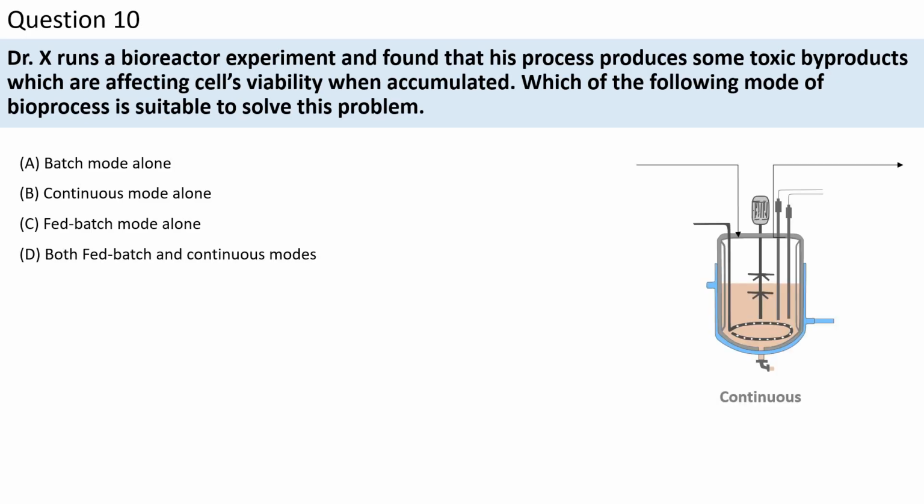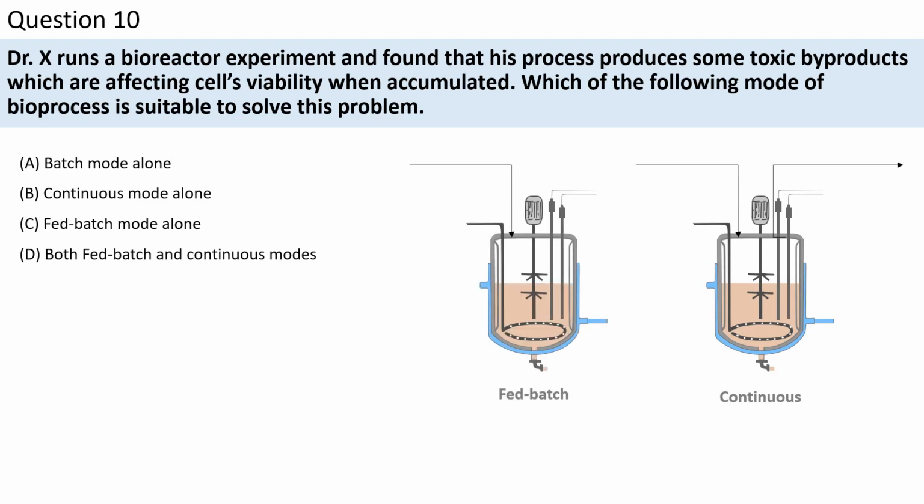So we were saying that continuous mode is a preferred process for this, because your byproducts will be continuously removed from the media, and the cells will be recycled back. So you will not have cell loss, at least not to a certain level, whereas you will be continuously removing your toxic byproducts. But fed batch is also one of the right answers, because in the case of a batch process with